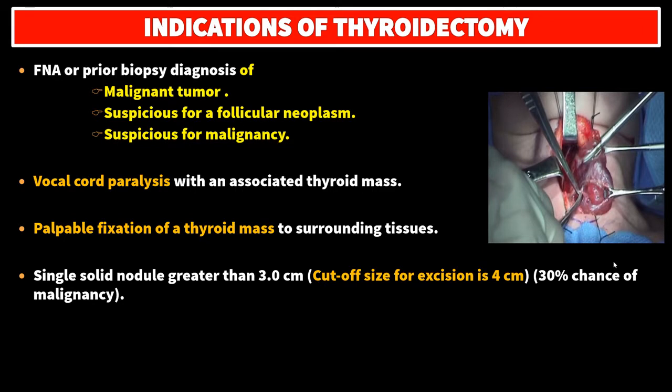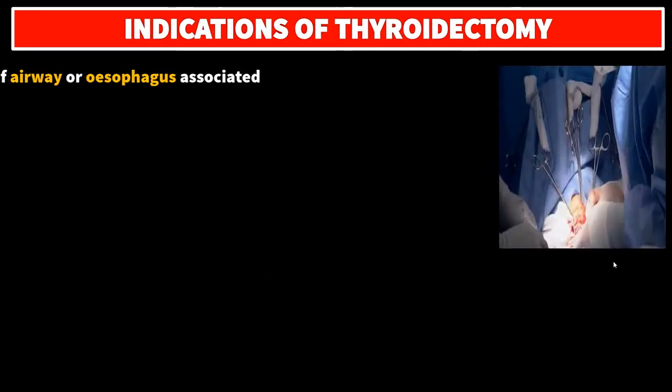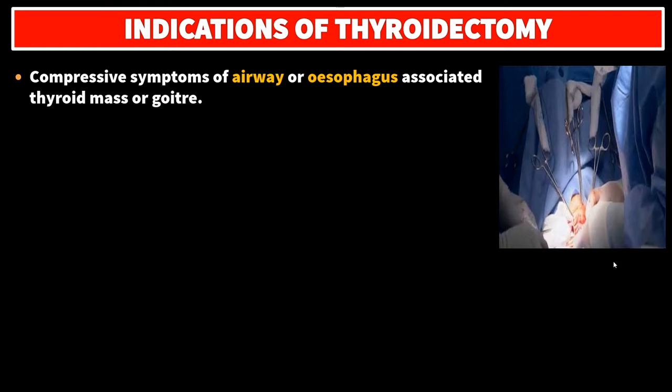single solid nodule greater than 3 cm, cut-off size for excision is 4 cm, 30% chance of malignancy, persistent reaccumulation of an apparent cystic mass despite aspiration or persistent aspiration of blood from an apparently cystic mass. Compressive symptoms of airway or esophagus associated with the thyroid mass or goiter,